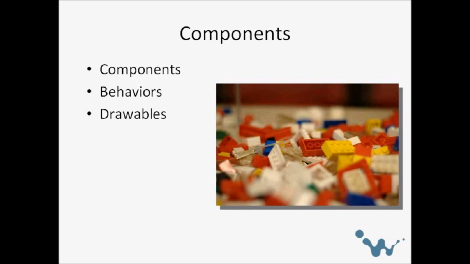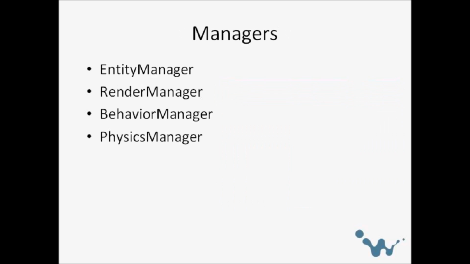So we have the component itself, which just lets you add some logic to the entity. We have the behavior component, which provides the update method, so you can check for inputs, for example, within the update loop. And we have the drawable component, which provides an override of the draw method, so you can draw something on the window. Obviously, those components can be added to an entity, as Javier will show later, and we can share the same component across a huge number of entities. If you have not understood it, you can write just one component and share this code with all those entities.